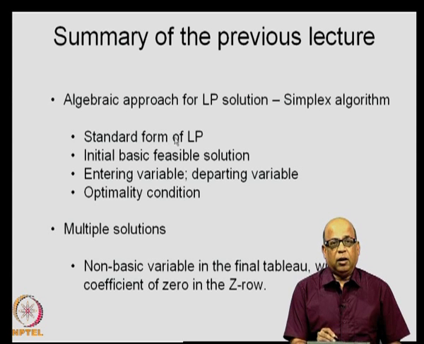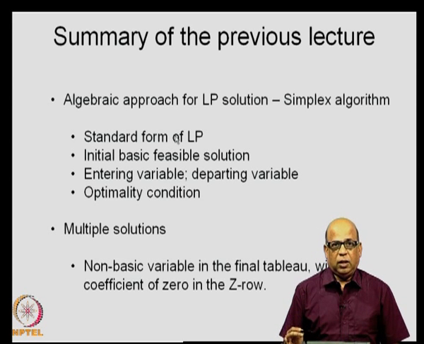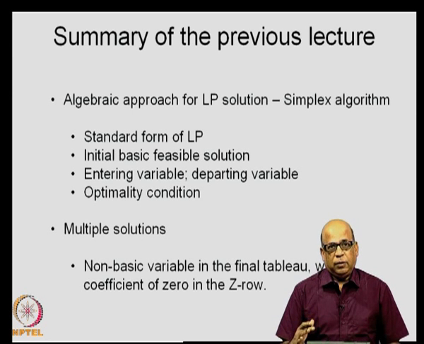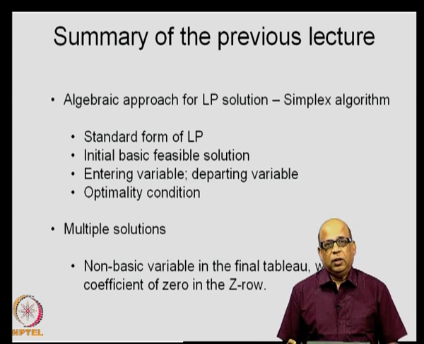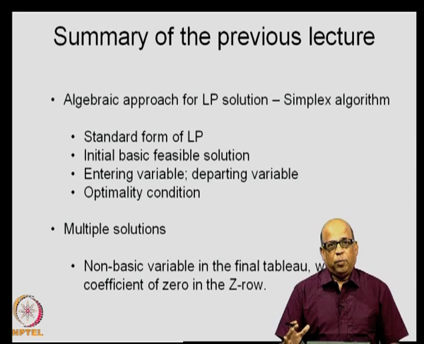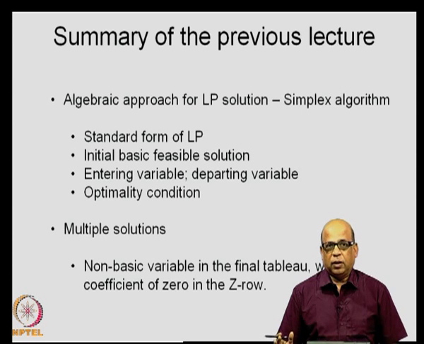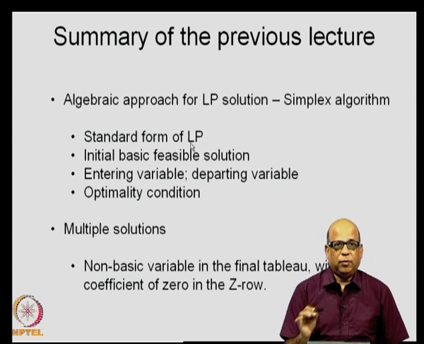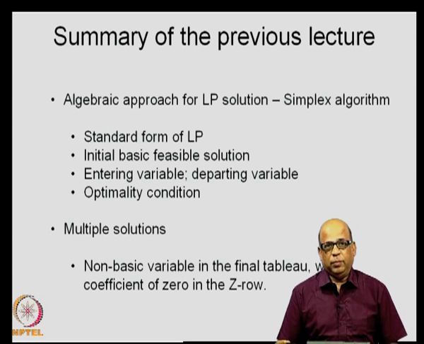So, if you recall the simplex algorithm, which is the algebraic approach for LP solutions, we first express the problem in a standard form. So, given an LP problem, that is linear programming problem, we express it in a standard form. What do I mean by standard form? The standard form that we are adopting in this course consists of the objective function expressed as maximization type. All the constraints are of equality type, and all the decision variables x1, x2, etcetera, xn are non-negative. So, the standard form consists of such a structure of the LP problem.